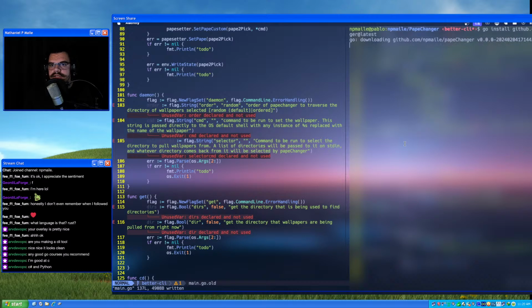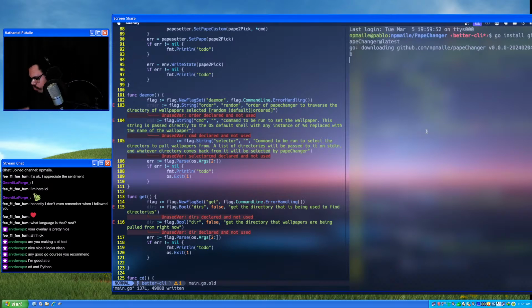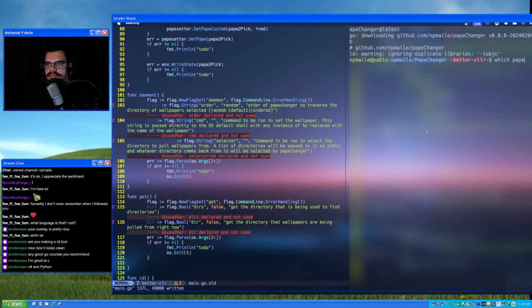Kind of a less integrated version of the Mac OS version of the program. But it's platform anywhere that fyne.io supports it. Let's give this thing a second. There we go. Which PapeChanger, it's the one.